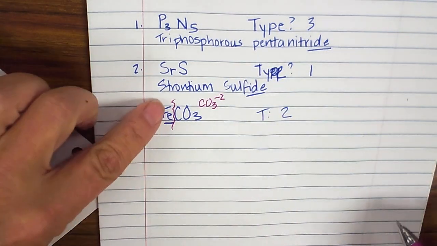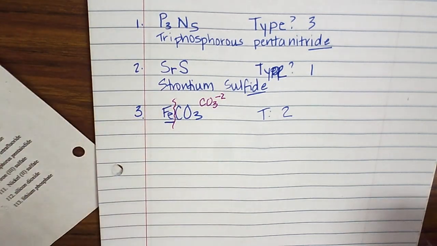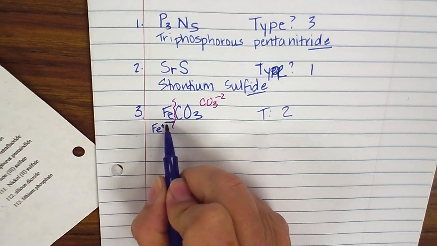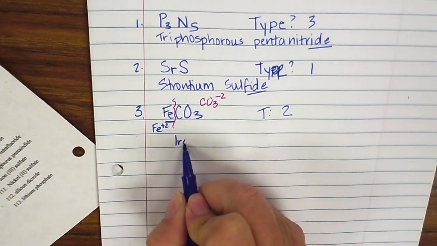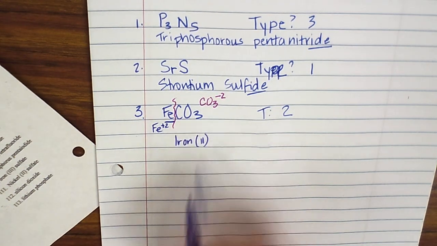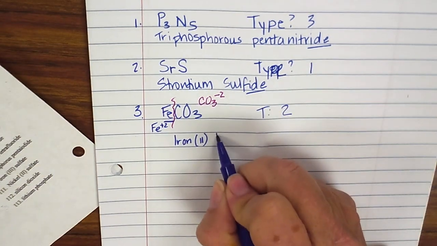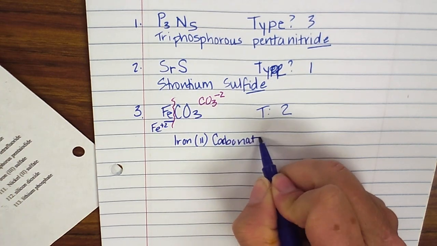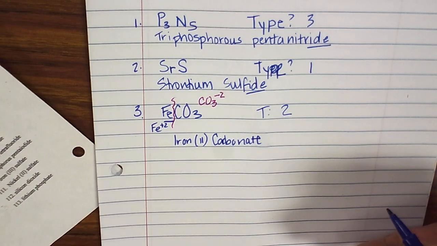So that means that my cation over here has to cover that -2 charge, and there's only one iron there. So that one iron must have a +2 charge in order to cover that -2 charge. So that means that this must be iron 2, see, because there's the +2, iron +2, carbonate. And then I just name it, iron 2 carbonate. Okay, so that's how to name those 3. So now let's flip the tables a little bit, and let's talk